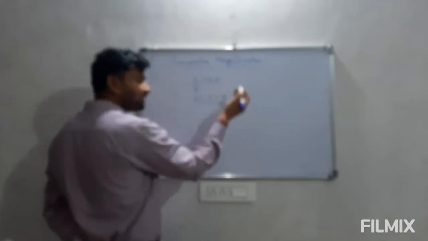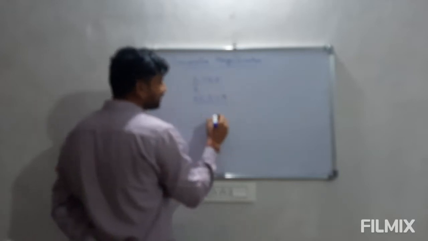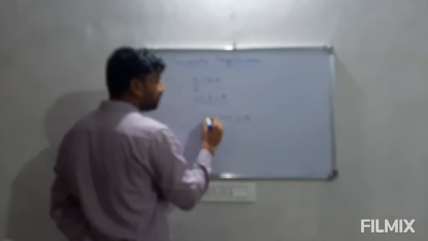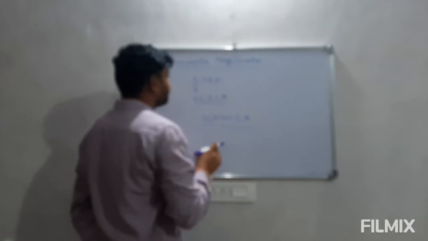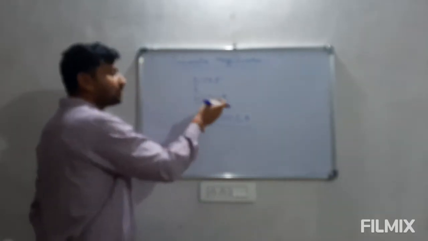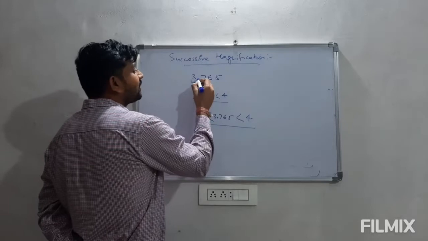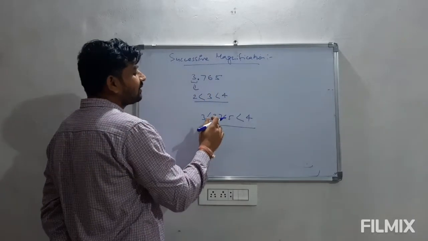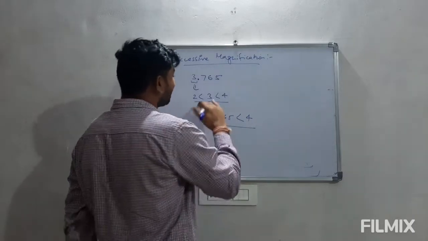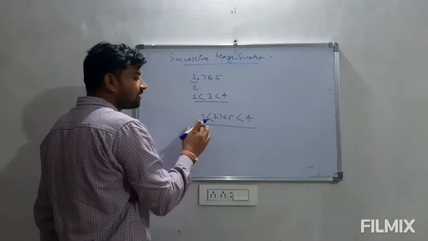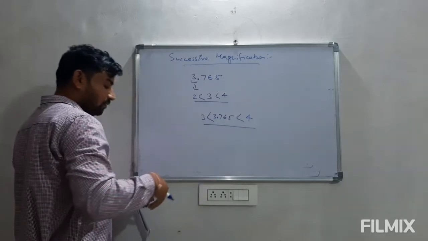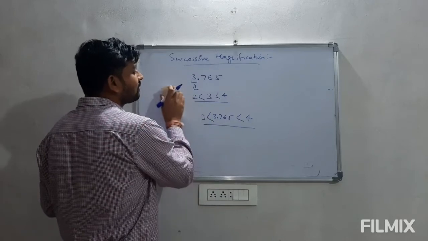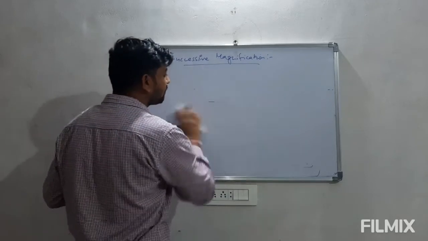So this number is greater than 3. So we can say the number 3.765 will be less than 4 but greater than 3. So the whole number part is 3, which is in between 2 and 4. But whenever we write anything other than 0 in the decimal part, the number becomes greater than that whole number. So it is greater than 3 and less than 4. So it is very much clear that it will lie between 3 and 4 on the number line. So we will be using this concept.